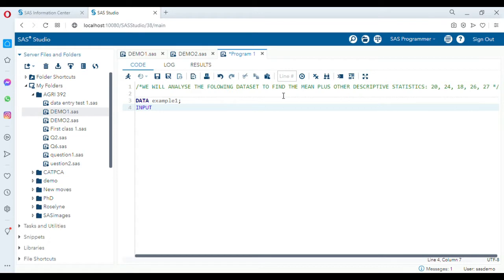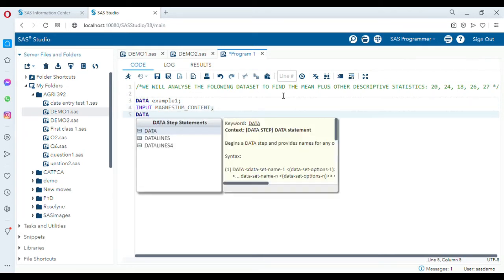So we outline the variables in question, and in this data set for work example one, it was on magnesium content of certain food products that were analyzed, and then you are required to get the mean for those. So our title for the variable is magnesium content, and then we close. It's only one, and then we start our data lines,